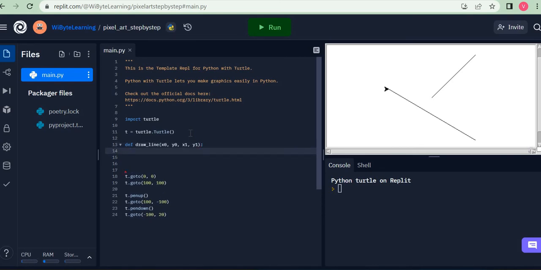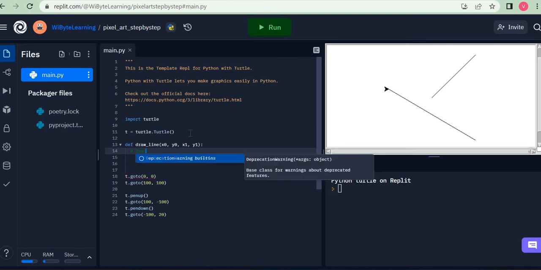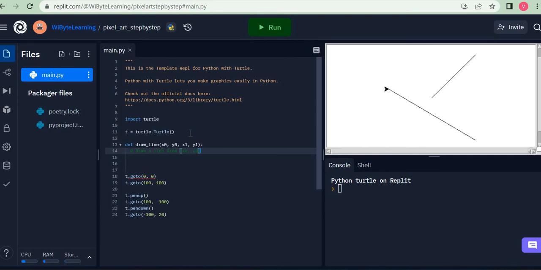If I do this, then I can give a comment as well: draw a line from x0, y0 to x1, y1, right? Now this comment will obviously get ignored, but I must give the real code. So what I want to do is t dot pen up. Then I come in here and say t dot go to,